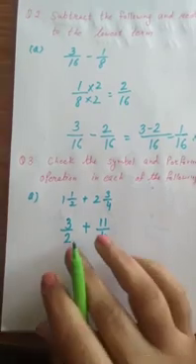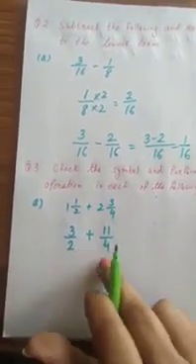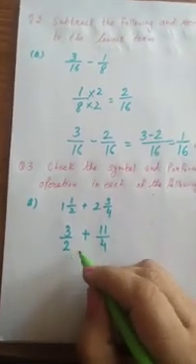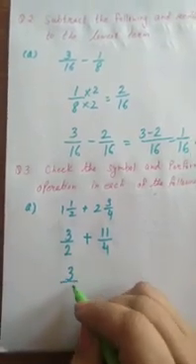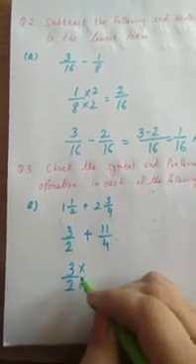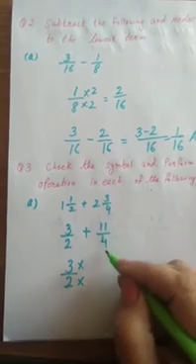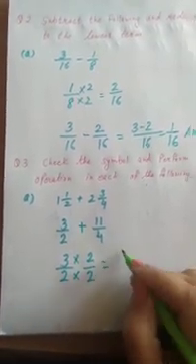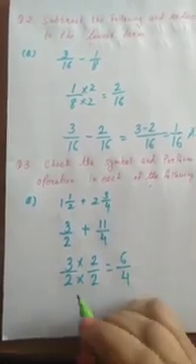by 4. Now you get the fractions, but these are unlike fractions. As in the previous question, we will try to convert into like fractions. How will we convert? We will take 3 by 2, multiply with 2. So we get here denominator 4, which will be equal to the other fraction. Multiply with 2 and 2. 3 2s are 6, 2 2s are 4. Now you can see both have the same denominator.